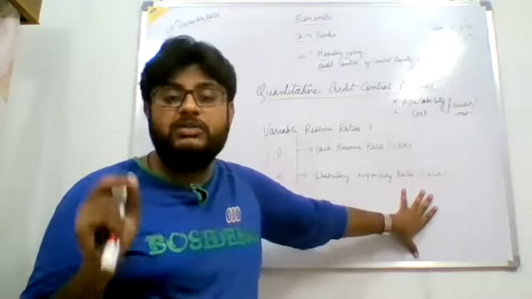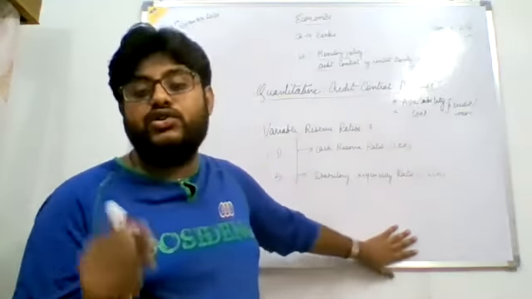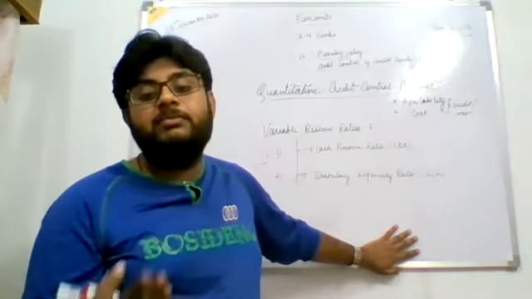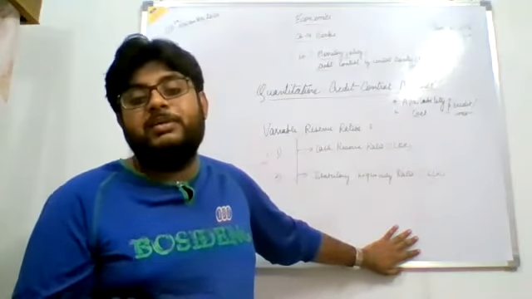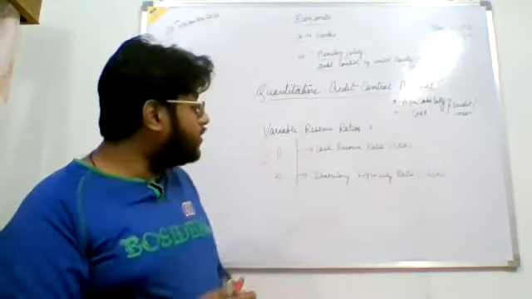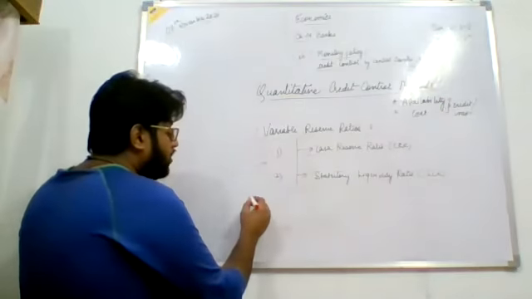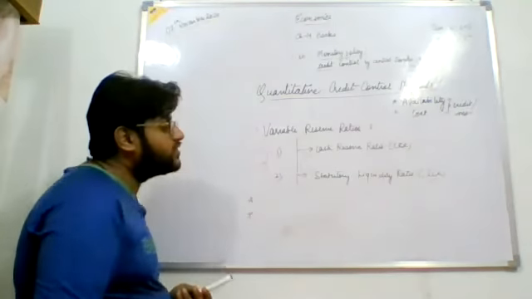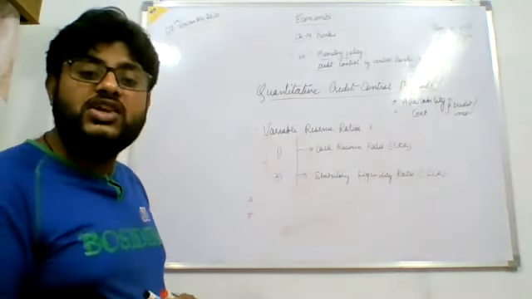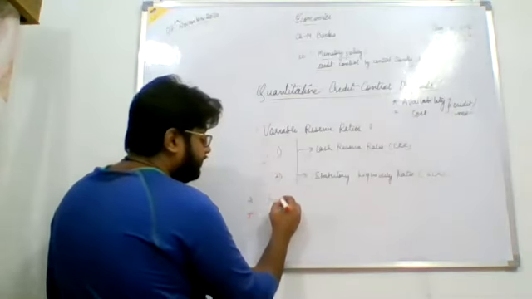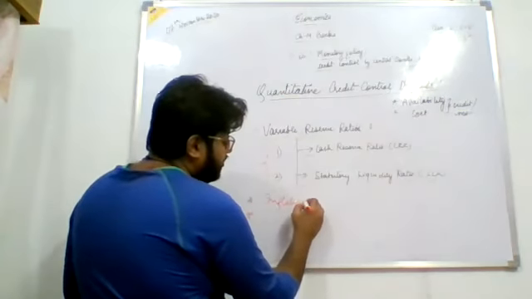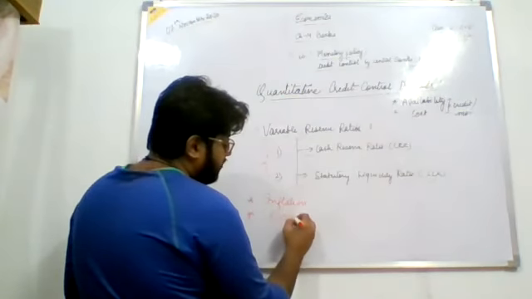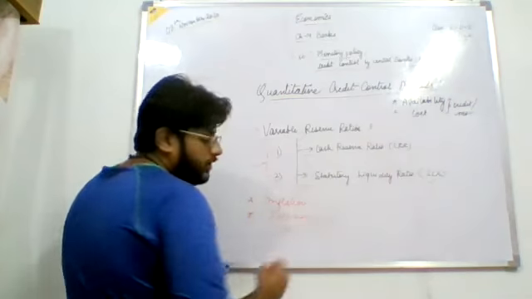If any commercial bank is not doing so, they are flouting the law, and action will be taken by the central bank against those commercial banks. So how will the cash reserve ratio and SLR be used to tackle inflation and recession in the economy? See,